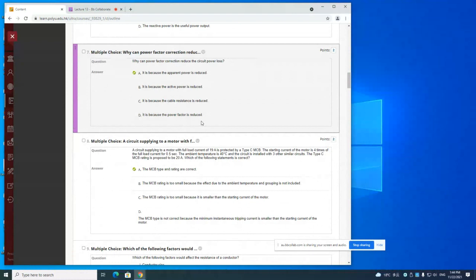Number 7, why can power factor correction reduce the circuit power loss? So here the power loss in the circuit, which means the loss on the cable or loss on the bus bars, which are used either as a riser or feeder circuits, okay. So the loss on this kind of circuit certainly is determined by